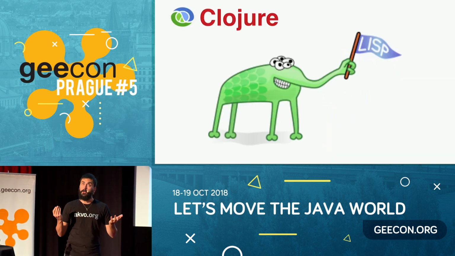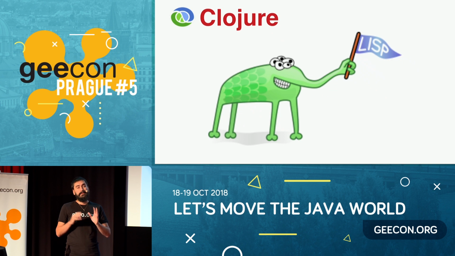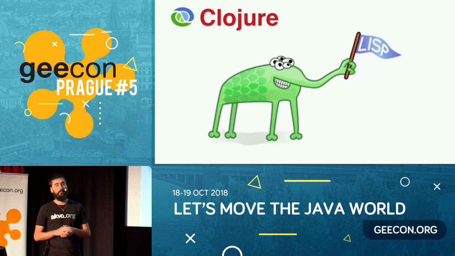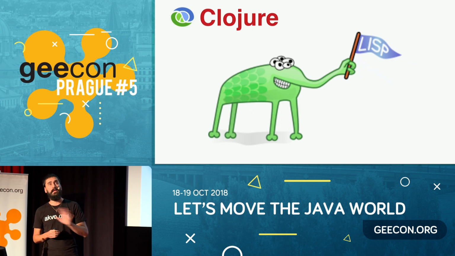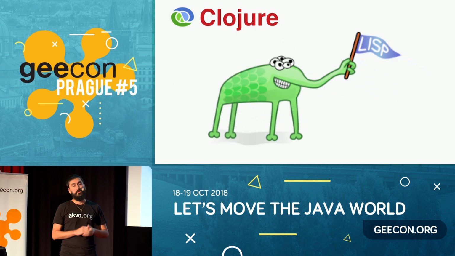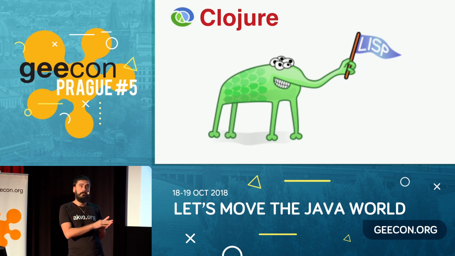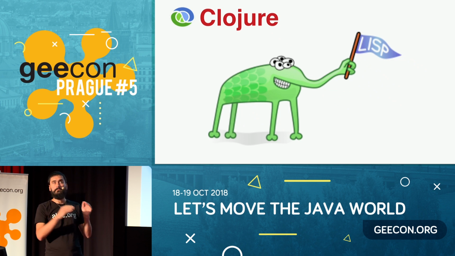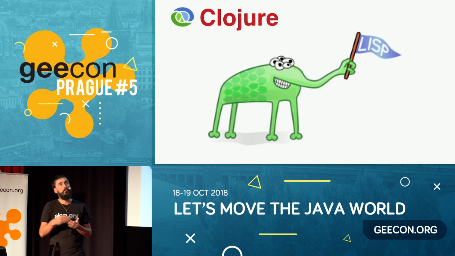Now I'm going to do the demo in Clojure. Clojure is right now my favorite language. Clojure is a Lisp for the JVM, and the point of the presentation is not about Clojure, so I don't expect anybody to understand any of the code, and I'm not going to explain any of the code. So the only thing that I want you guys to focus on is the workflow, on how, with a REPL, we do all the tasks,